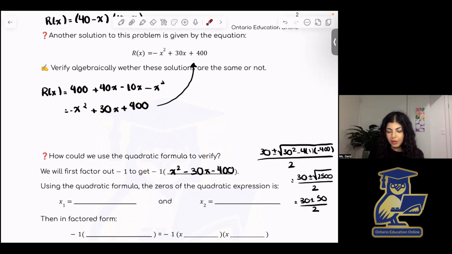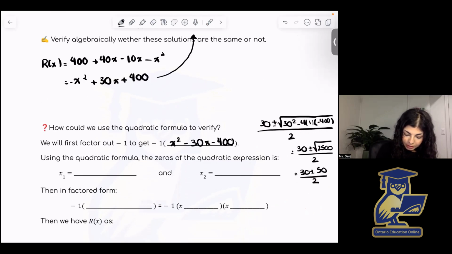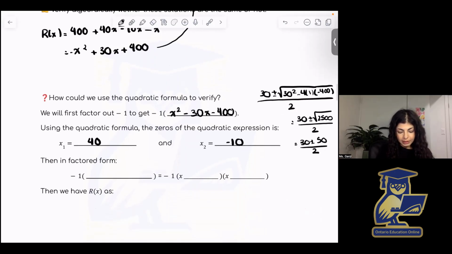And you will get 30 plus or minus 50 divided by 2. And if we calculate this, we get that x1 is 40 and x2 is -10. So then, if we were to write this in factored form, we would have,